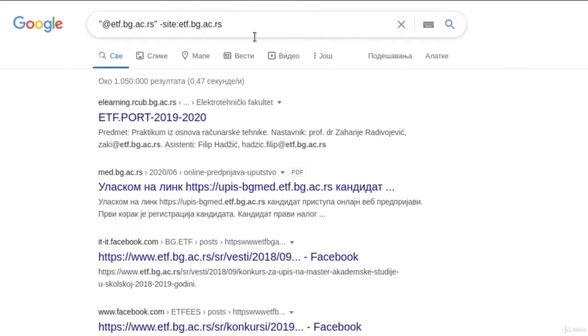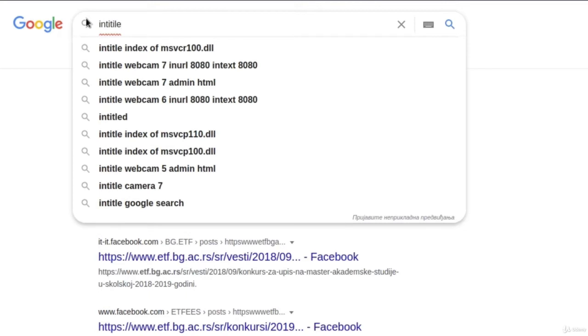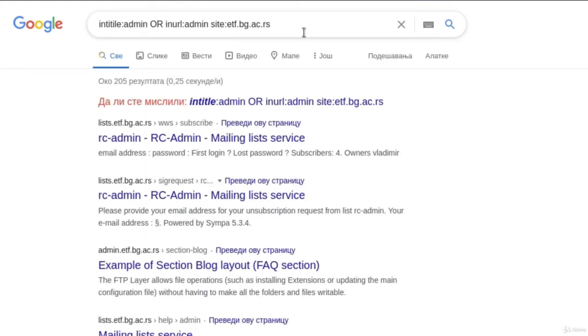To do that, we simply type in title: admin, or inurl: admin as well, and then we specify which site. And let's use this same website, this university website. So this is the command, and let's press enter. Then we get some responses right here. If you go to any one of them,